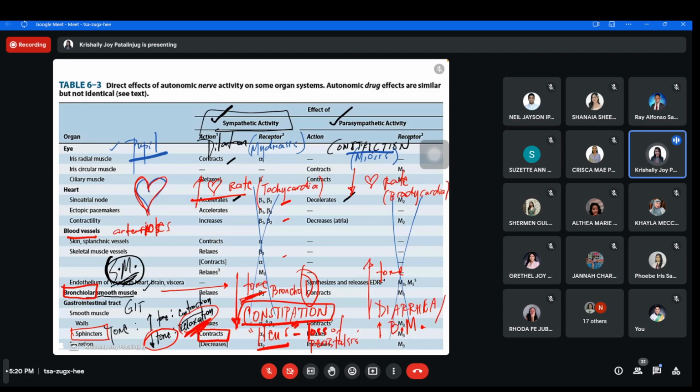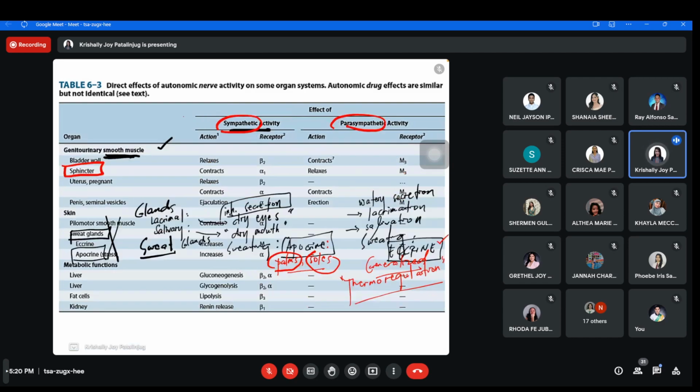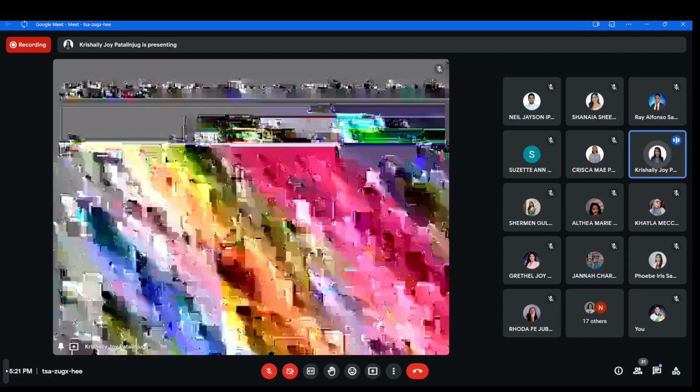Okay, you tell me this time, kasi 'di ba sabi natin urinary bladder under sympathetic activity, decrease man yung tone, so ma-favor yung relaxation. Okay, that's for sympathetic. Parasympathetic, increase yung tone. Okay? So,